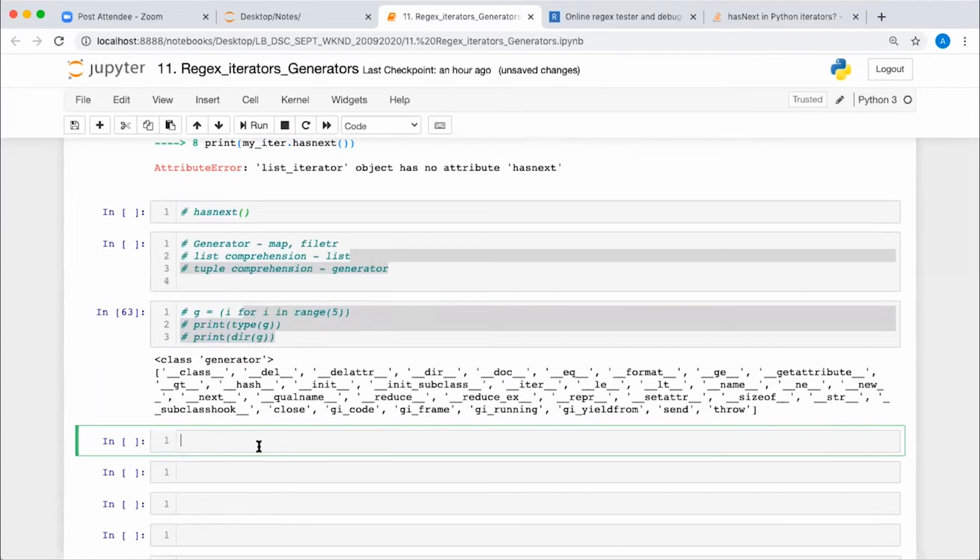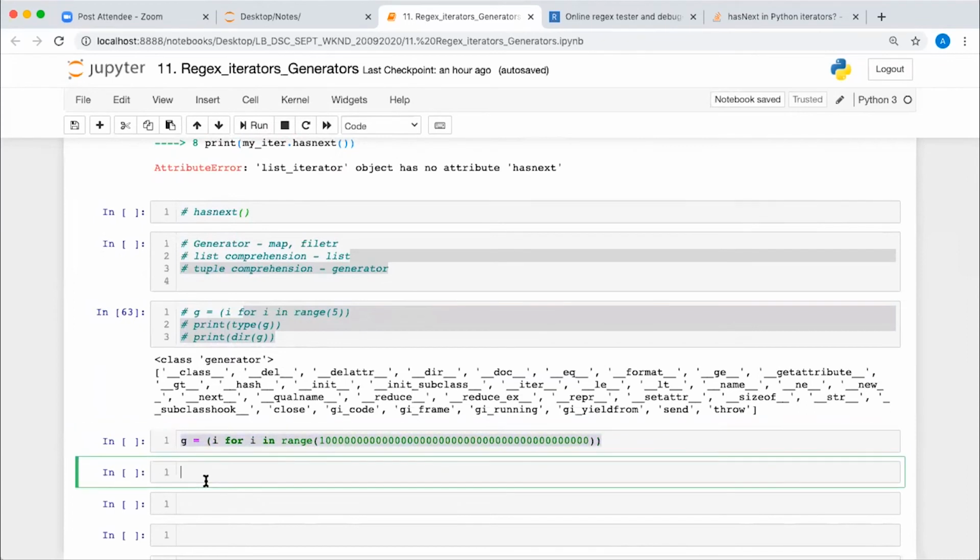For example, let's say you are creating a generator g = (i for i in range(...)), taking a larger set of values. And then do the same thing with list comprehension: instead of round brackets you write square brackets.